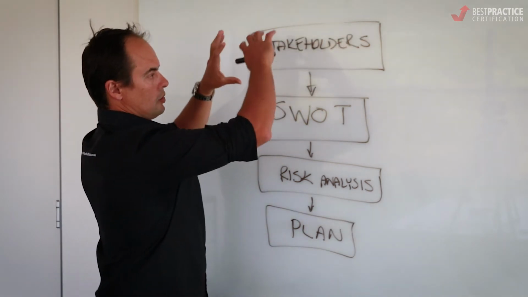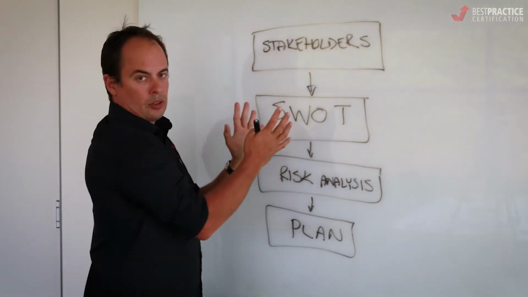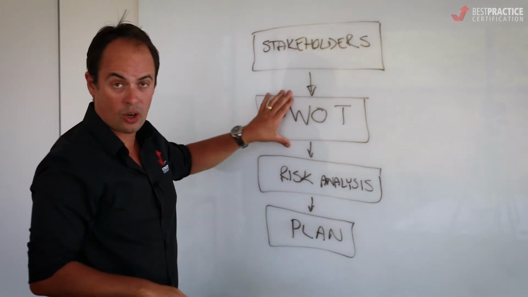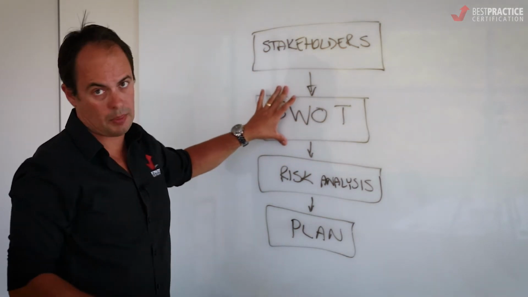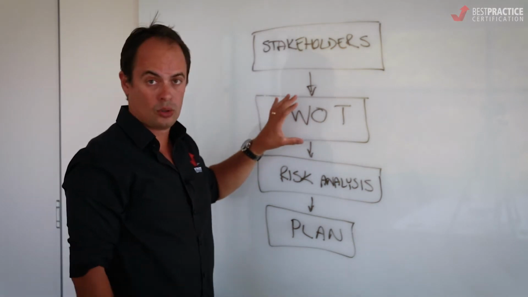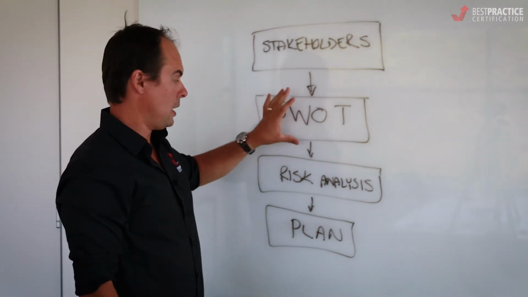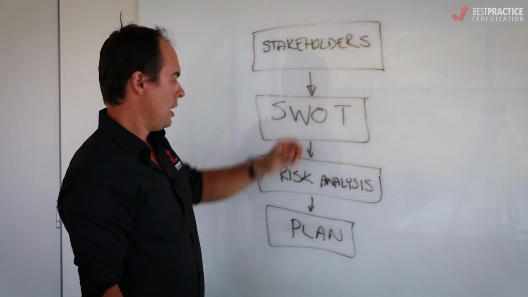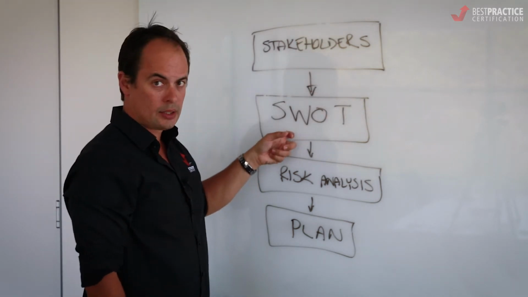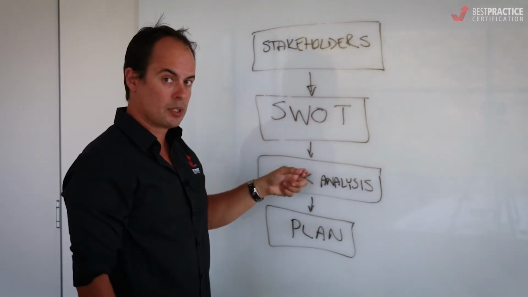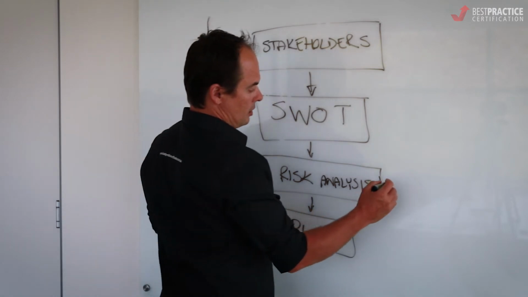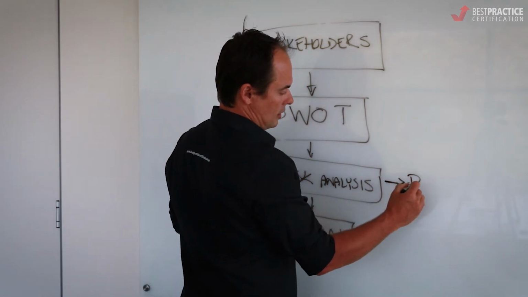They do, once we start to look at them, need to drop into or be considered as part of our SWOT analysis. That's a whole other video. Lots of stuff on YouTube about SWOT analysis. Great tool, really simple, something to think about, but definitely something to use once we start to understand our stakeholders. We drop our SWOT analysis when we start talking about developing management systems into our risk analysis. And our risk analysis might spit out some sort of register.